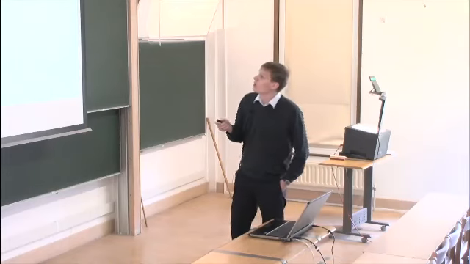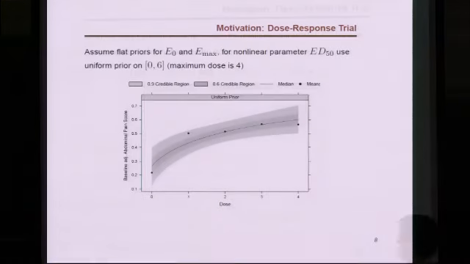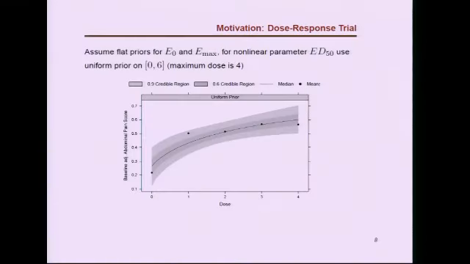Now, if you assume this model for the data set that I've mentioned, and we use just flat priors for those linear parameters and a uniform prior on the interval 0 to 6, we end up with this fit. So the black dots are the means from the raw data, and this is a fitted curve with the credible regions. And you can see that at first sight it might look plausible, but if you look closer, you see that for example, this point is not particularly well fitted. Also, these 2 points, despite the fact that the data actually almost look perfectly like an Emax